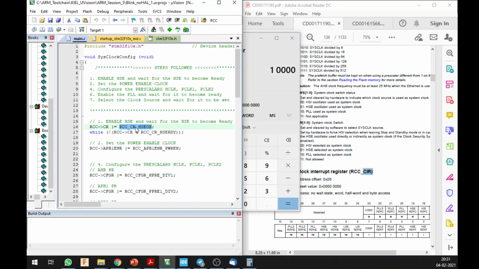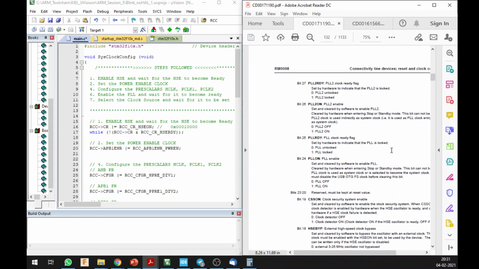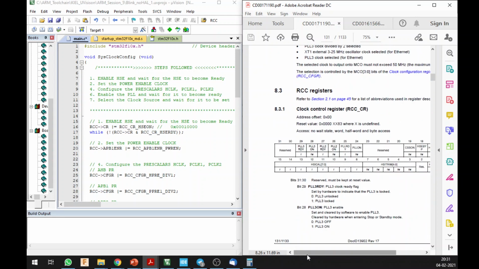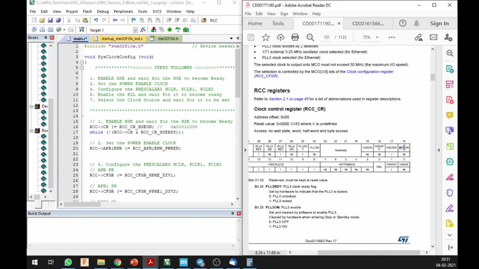If I OR this, it is equivalent to basically doing this hexadecimal 0x value, or I just call the macro, so the same thing is happening. So RCC HSE on is basically equivalent to ORing the register with this particular value. Alright, and what does this do? If you see in the CR register of this RCC CR, I'll just go back up there, and if I go to the 16th place over here, you have the HSE on.